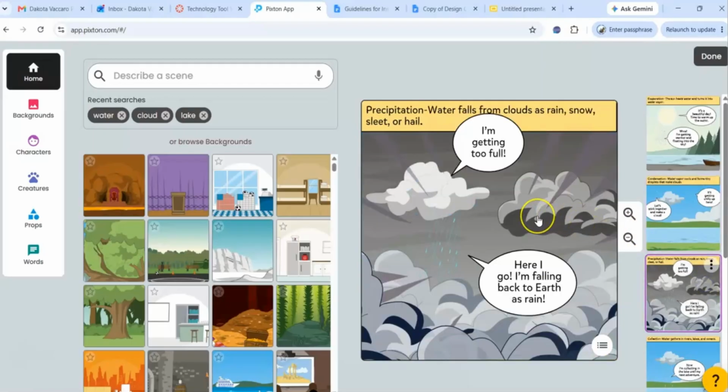Now in the third panel, the cloud becomes full of water droplets. Eventually, the cloud can't hold any more water, so Wally's going to fall back to Earth as rain. This stage is called precipitation. Depending on the weather, precipitation could also be snow, sleet, or hail, but in this example for you guys, I